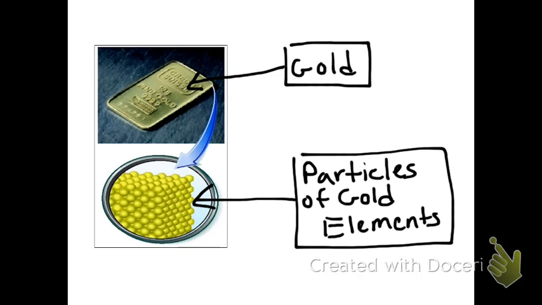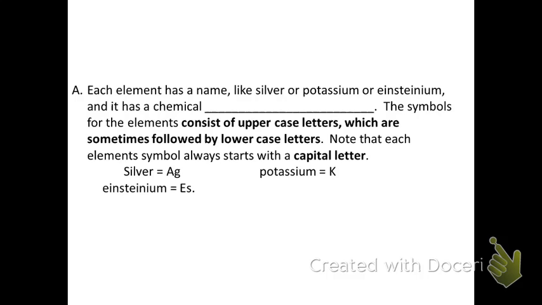Alright. Now, because we can't see the element gold with our naked eye, or even with a light microscope, a lot of times we have to make models to visualize what gold atoms or other elements might look like at the submicroscopic level. Alright, now each element has a name, like silver or potassium or Einsteinium, and it has a chemical symbol